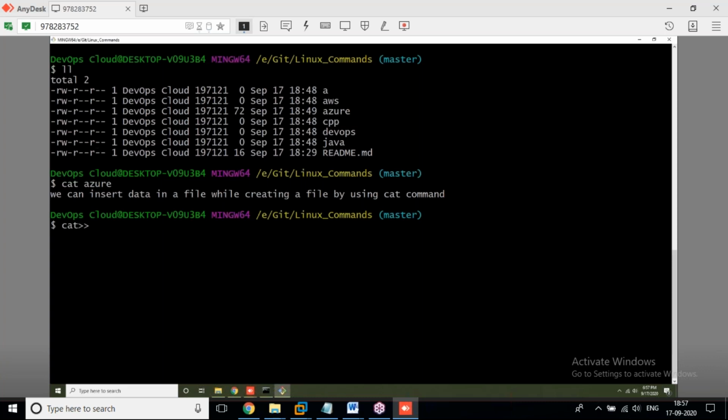Files are the bullets. You tell me, without bullets, is there any meaning to a gun? If you want to work with the SCM process, we should have both the SCM tool and files. Without the gun, there is no use of bullets. Without bullets, there is no use of the gun. Here both have a relationship like that. So for that reason, at present we are concentrating on files.